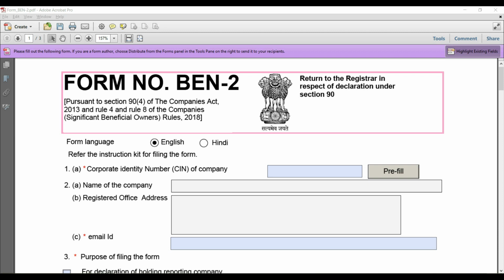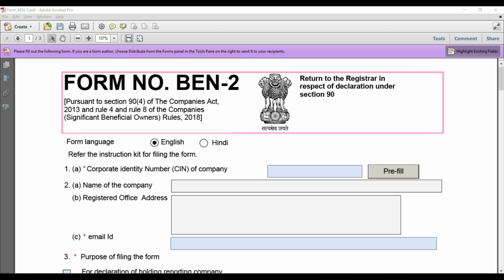Now we have to see what are the consequences of non-filing of Ben-2. If the company does not file Ben-2, what will the consequences be? Let's discuss. As we know, under section 90, subsection 11, the key penal provisions are there. If you do not file the form, if you do not comply with the provisions of this Act, then